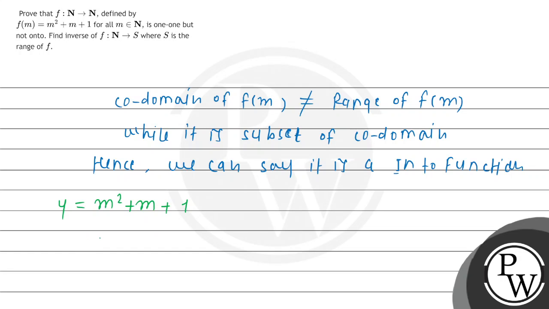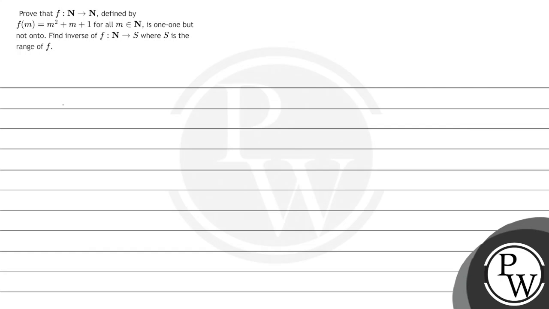So now we'll make a quadratic equation in m, m² + m + 1 − y = 0, and then we'll try to find the value of m here. So now we'll apply the Sridharacharya formula to find the value of m. So m can be written as −1 ± √(1 − 4(1 − y))